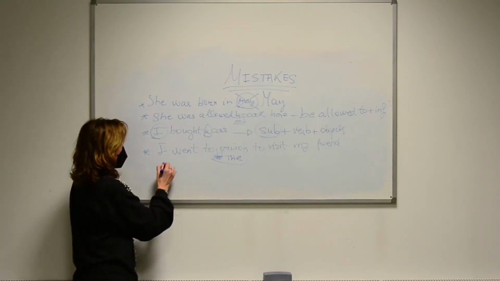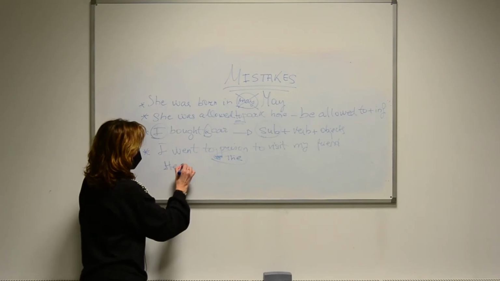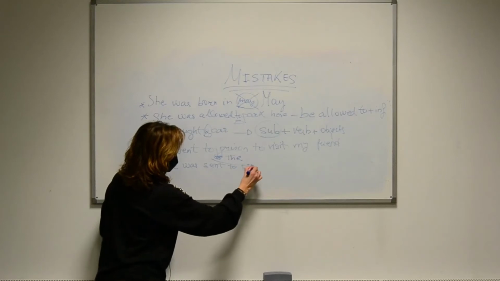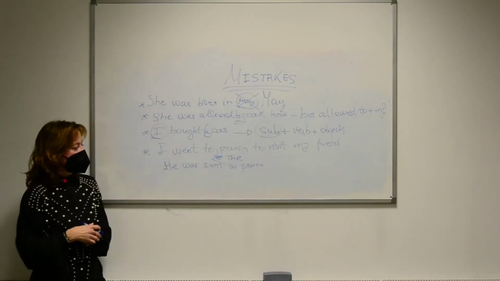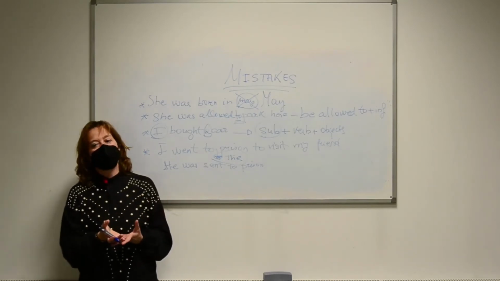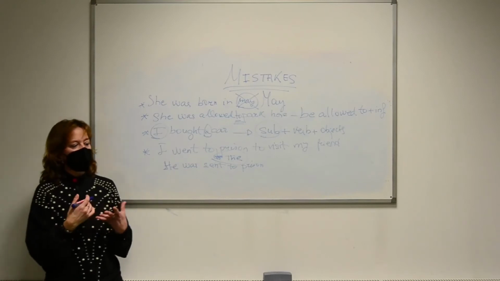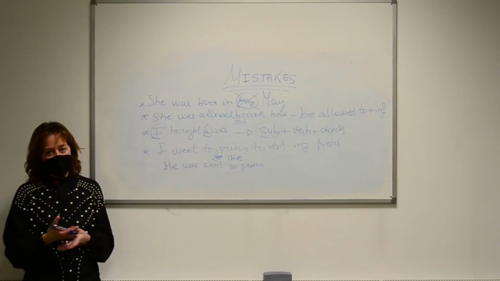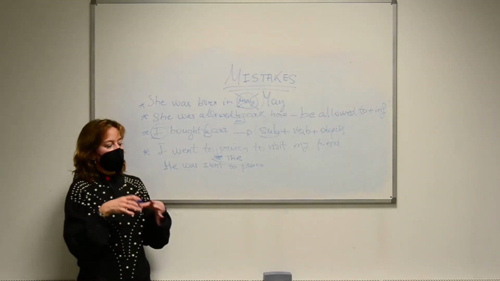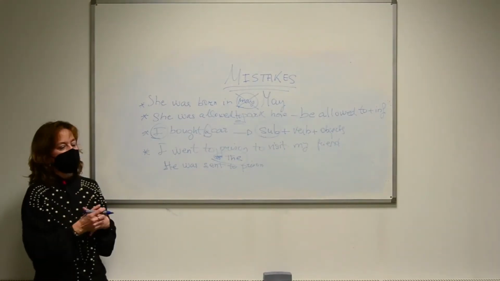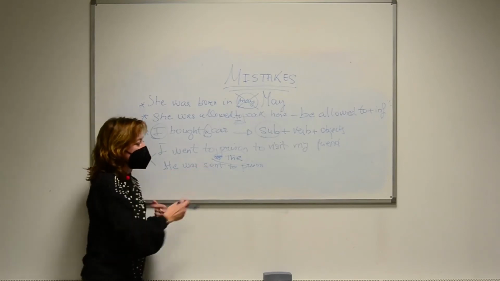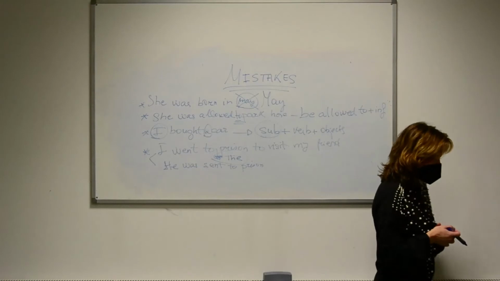But if we say, for instance, he was sent to prison, in this case, the definite article is not necessary because he was sent to prison not to visit anybody, but because he was considered guilty of something. And in this case, he is a prisoner, he or she, and he goes there to stay there, not to visit the building or anything, okay? This is another very common mistake, the use of the definite article. Well,